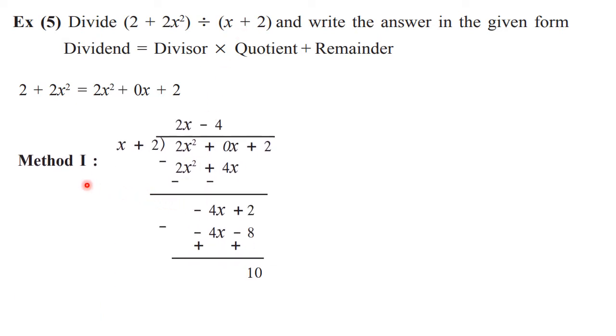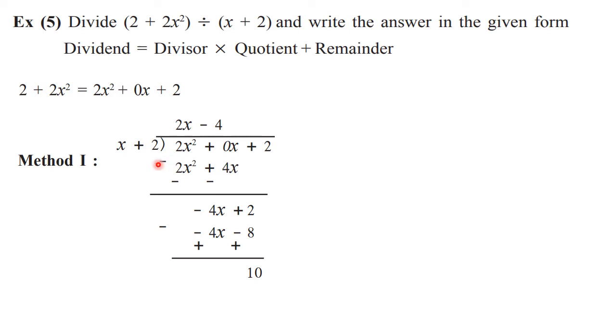Here there are two different methods of division. This is the first method which you have used in lower standards also. So let us see it. See now, the dividend is written inside, the divisor is written here outside this symbol of division. Now you know that this 2x square we are going to divide by x. So when 2x square is divided by x, we get 2x. So that is the first term of the quotient. Now this 2x and x is multiplied, then we get 2x square. And again this 2x is multiplied by plus 2, so we get 4x here.